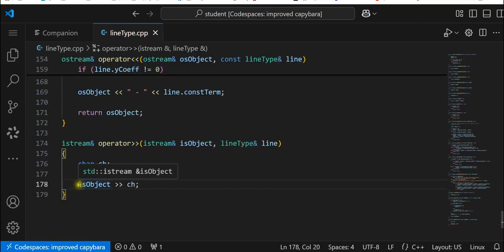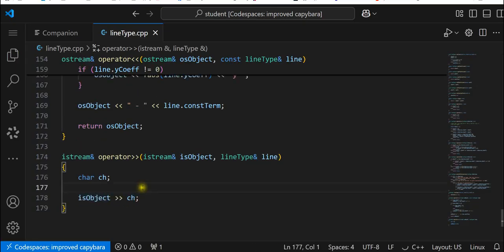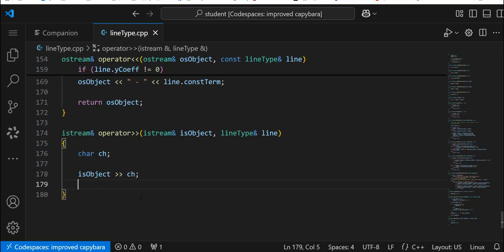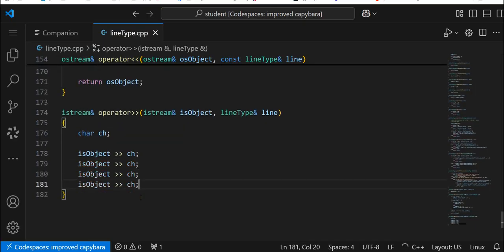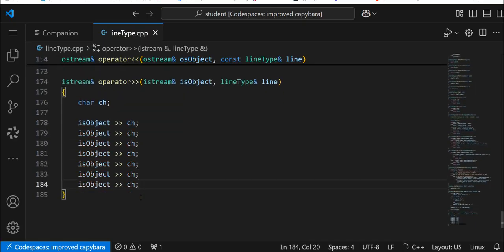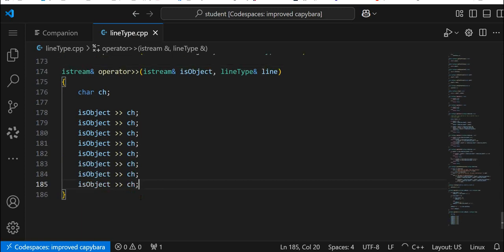So let's do all these. One. Alright. And a little more just for lost count. Alright, this time the second one is going to be line.x